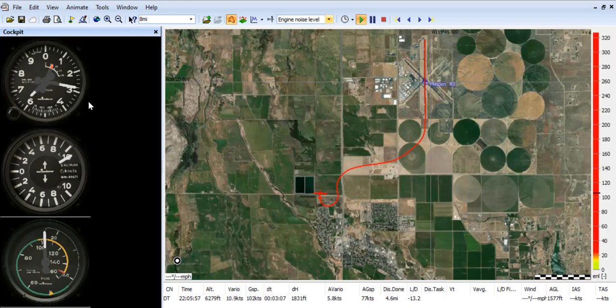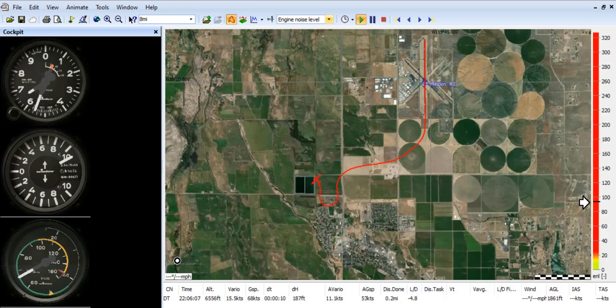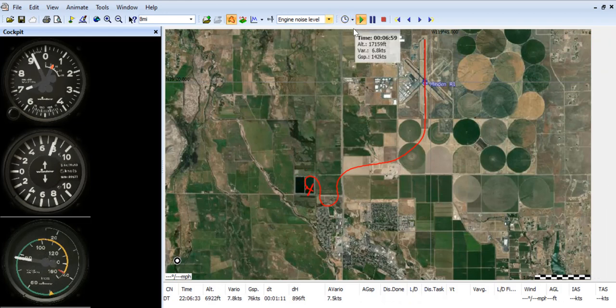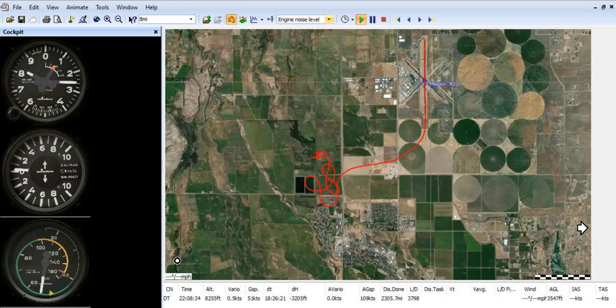And speeds for the most part are fairly slow, although again, this is ground speed that we're looking at. In here somewhere, the engine will be reduced in power, and we're going to see a little bit less of an ENL signature, but we've still got a high amount of noise that we're monitoring here. So the engine's running at 75% power,